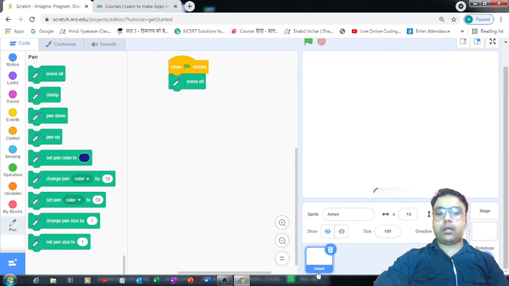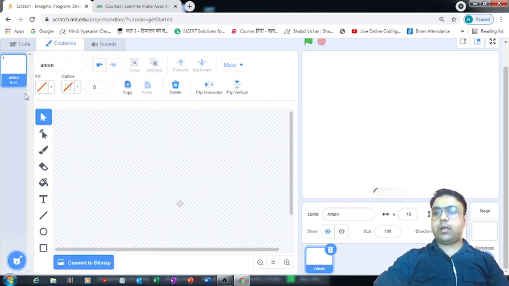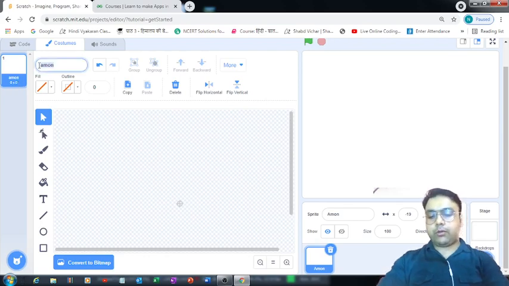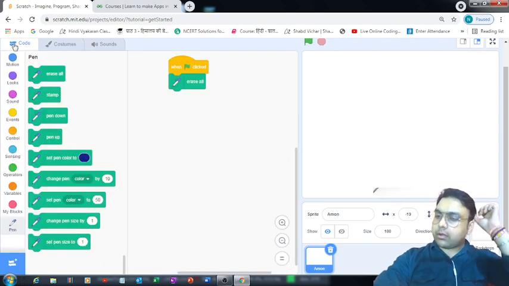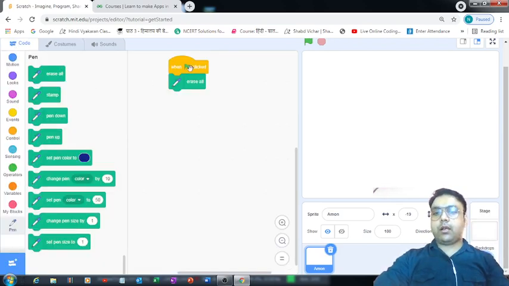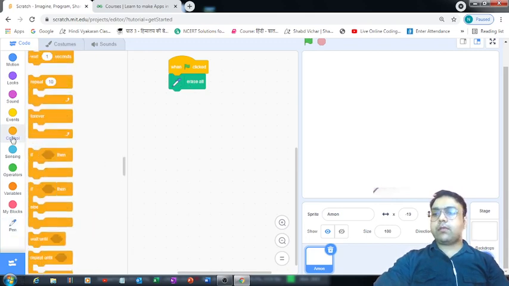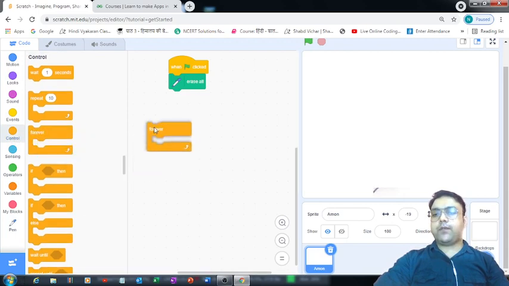Okay, this is the one, and let me just give it a proper name. I'm changing the name to pen. Let's come back to this coding section. Now when the flag is clicked, erase all will take place. Now let's search for the forever block. I'm putting it over here.